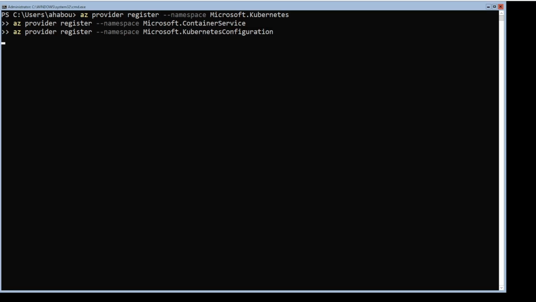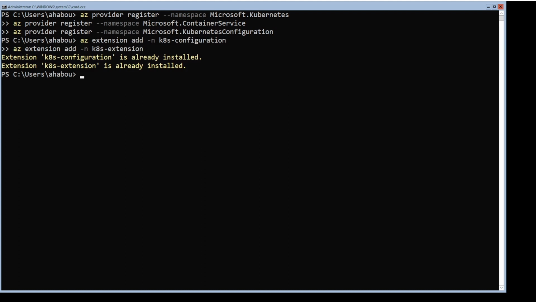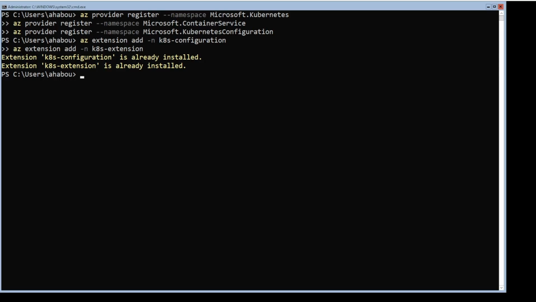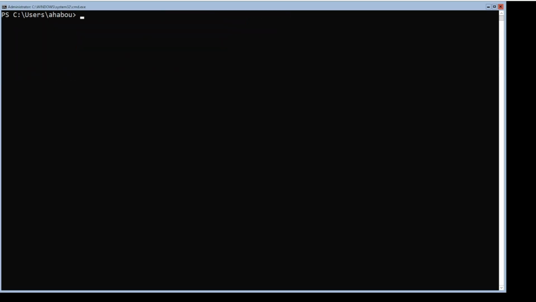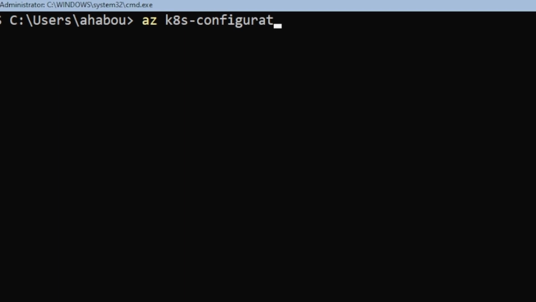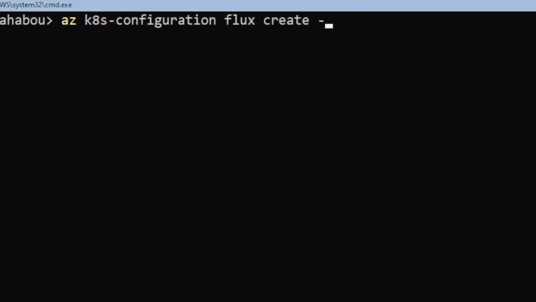Okay, so what's the first thing we have to do? 1, you have to make sure these 3 providers are registered. 2, you have to make sure these 2 extensions are installed on the AKS cluster on HCI. No, HCI. And 3, you have to run the command that actually does it. So when you're running the command, you have to tell it which resource group that the AKS cluster is ARC